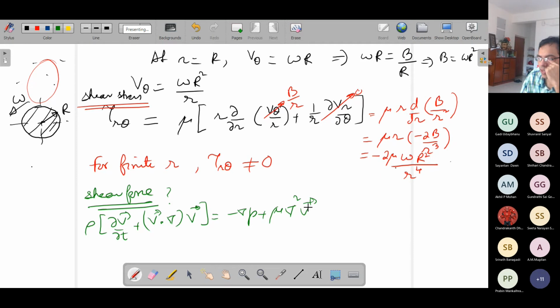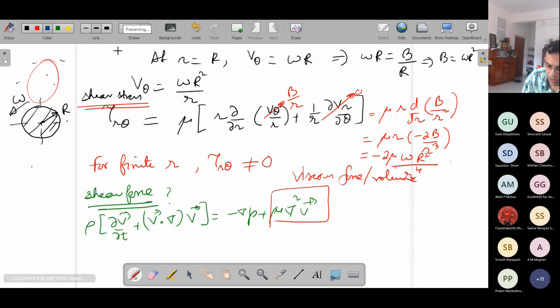Again, the impact of this form is that it doesn't depend on the coordinate system. So you can clearly see here which term represents viscous force. So this is viscous force per unit volume. So in the Navier-Stokes equation, we know the right hand side is force per unit volume. Now we will use an identity which is commonly used in vector calculus. So, vector identity.